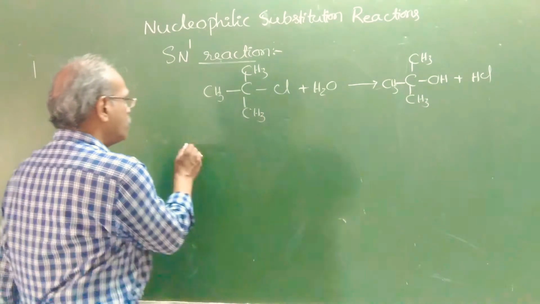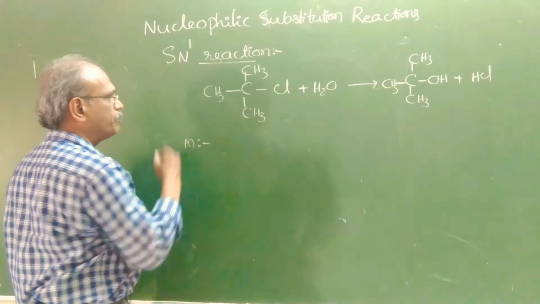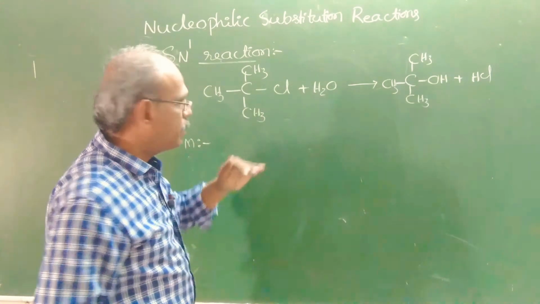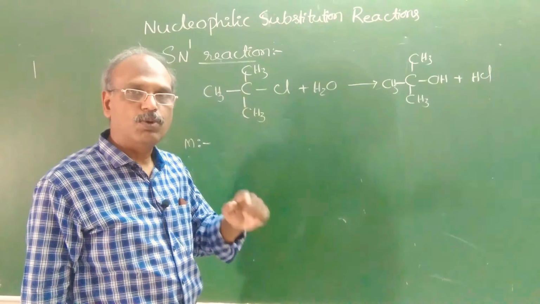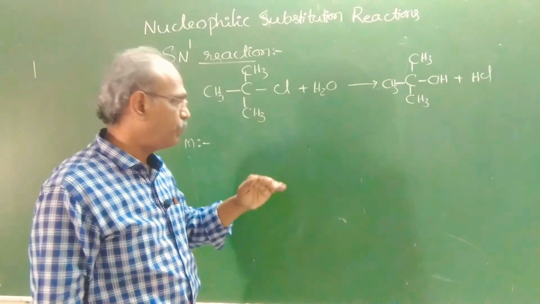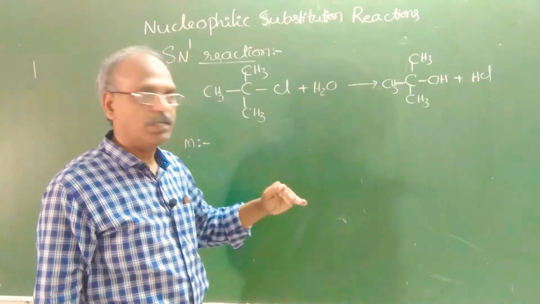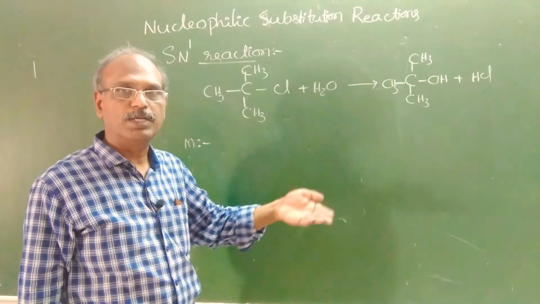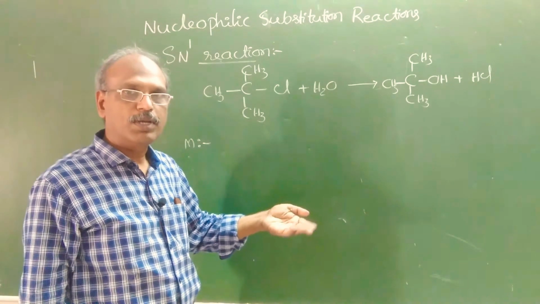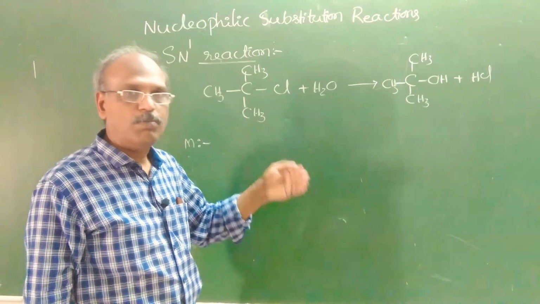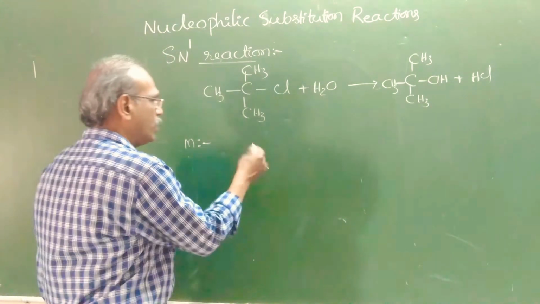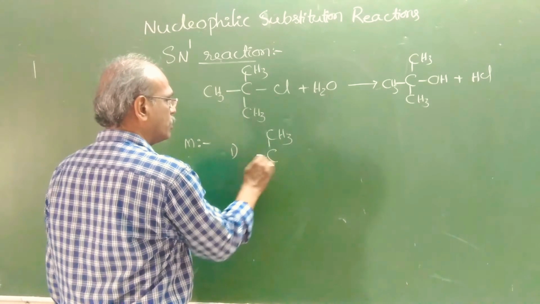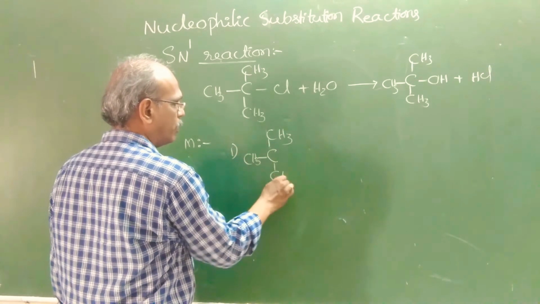Now let's see the mechanism. Here we have to show that the rate determining step involves only one molecule. Just here we are discussing what is SN1 reaction. Thereafter we will see the applications, in what way we can use it to solve the problems. Okay. Now see this, the first step, the tertiary butyl chloride